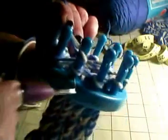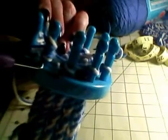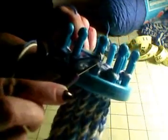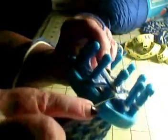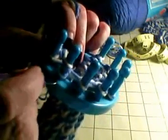Let's do it again. We're going to go underneath, up, and you're going to go on the second yarn, take the first yarn, and it's hard when you're trying to show it in the cameras, okay? Something like that. Okay, underneath, up, hold it,